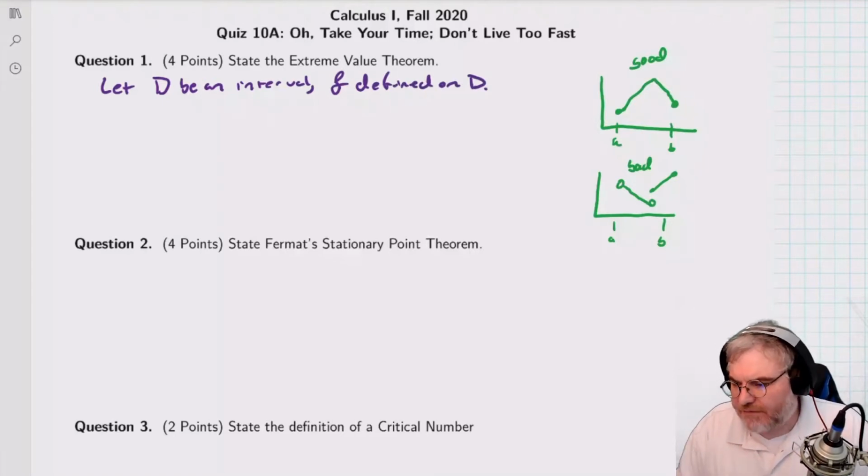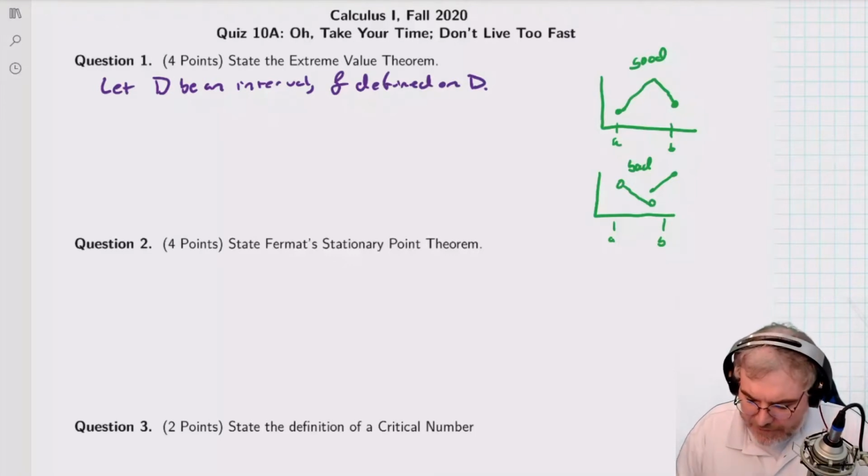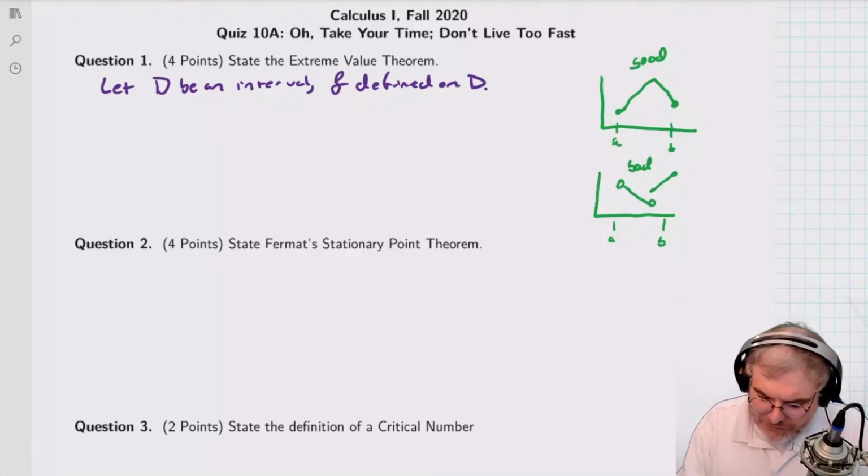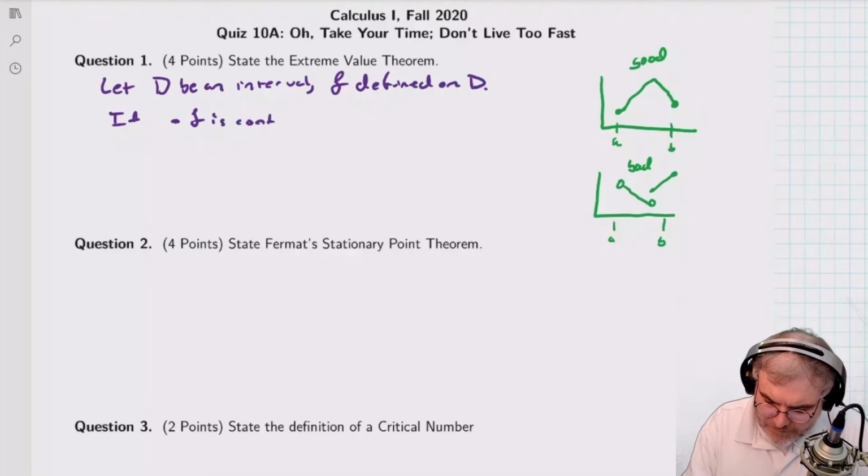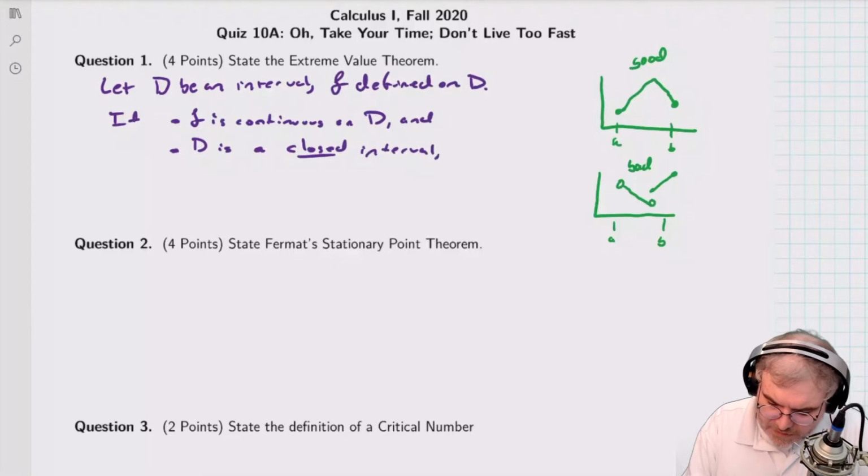That's perfectly fine. If you like A, B, that's perfectly good. Now, if F is continuous on D, and D is a closed interval, then,